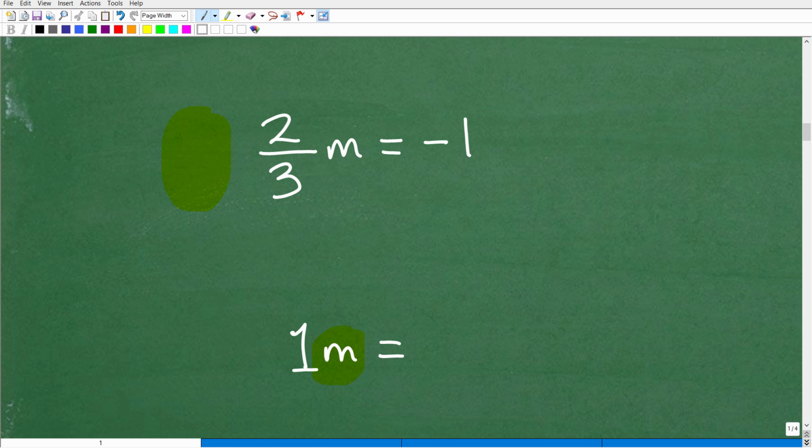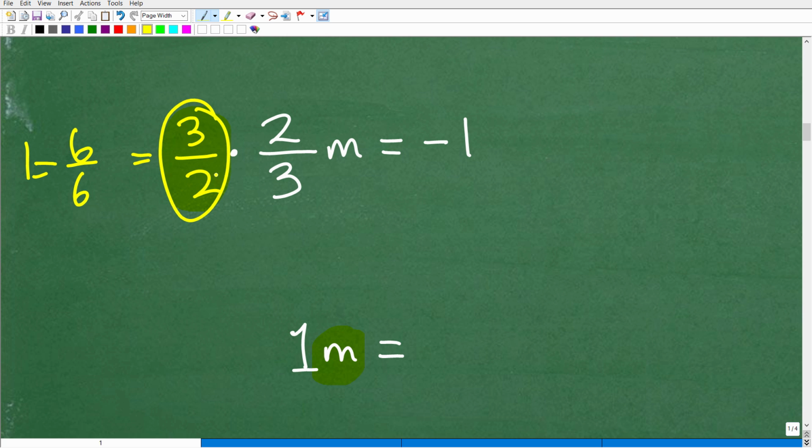Well, if you think about this, here is the easiest way. Just take whatever fraction you're dealing with and flip it upside down. That's called the reciprocal. So this is 3/2. 3/2 times 2/3, you can see when I do this multiplication, that's 6/6 or 1. So if I multiply this 2/3 by 3/2, I am going to end up with a